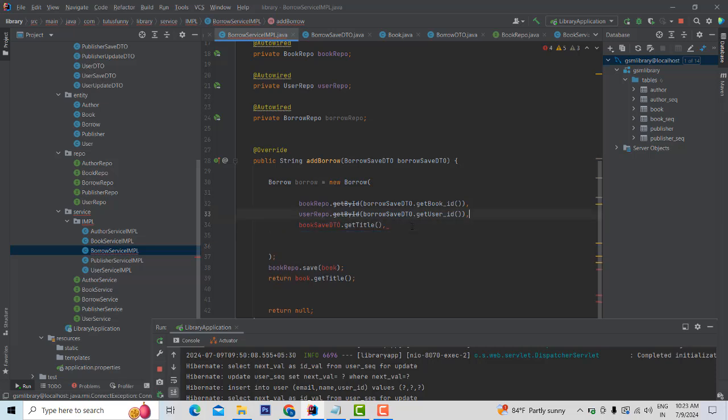Now here you have to write it over here. Book repo, user repo. After that, what I'm going to do is here